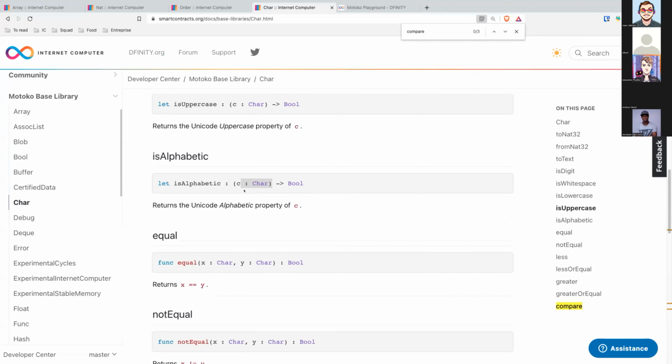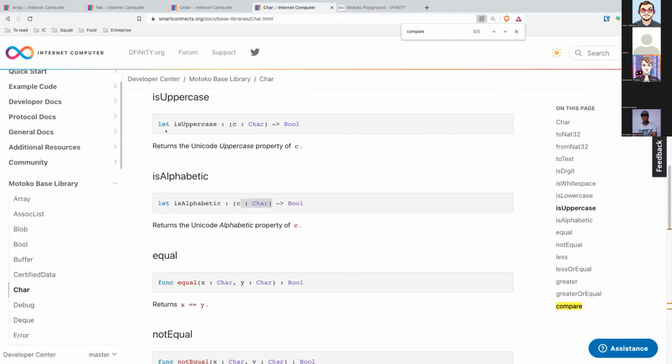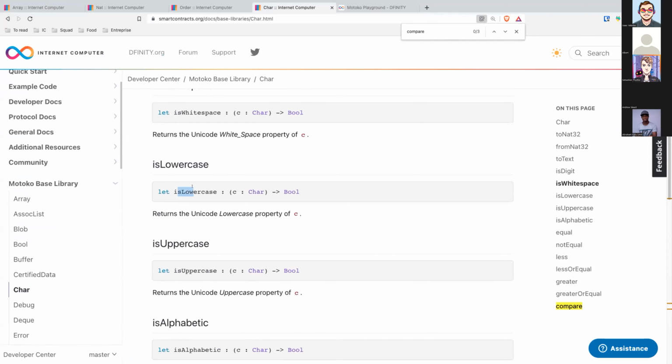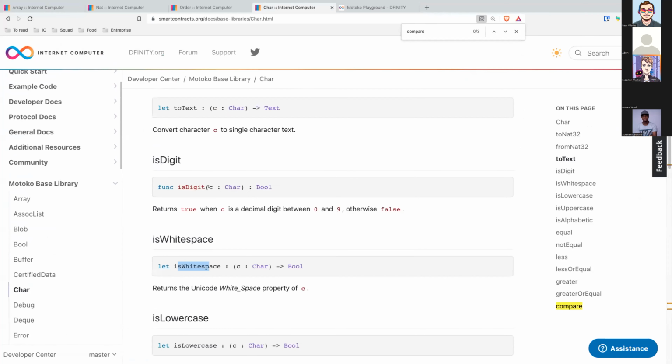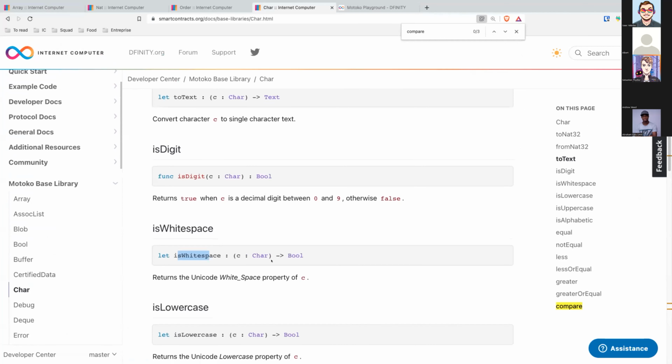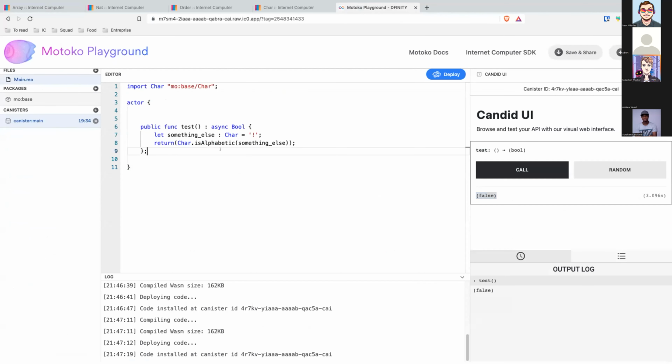And basically you can do also the same with is uppercase. So is it like a capital letter or not? Is it lowercase? Is it white space? All those things are available. And instead of making just one test like that, we can probably make something better,